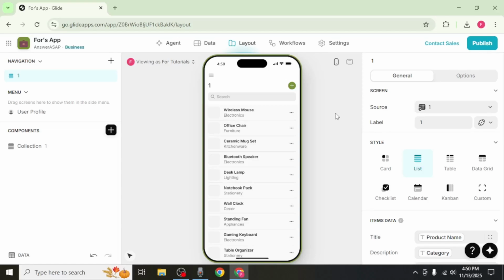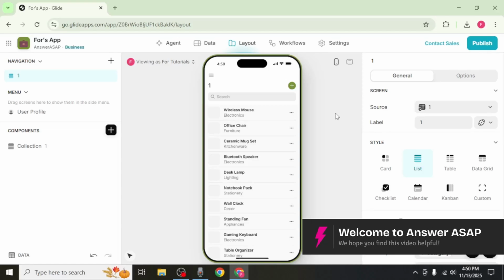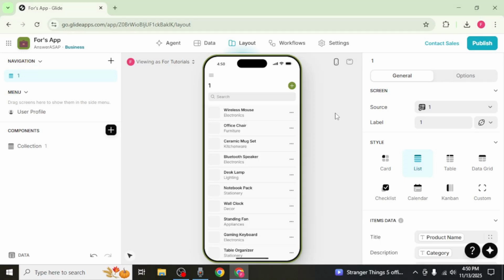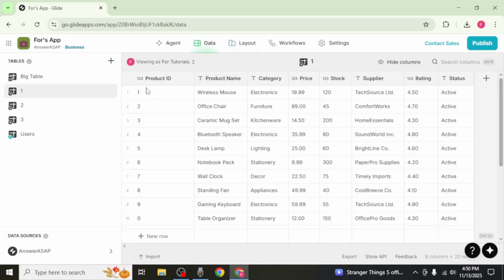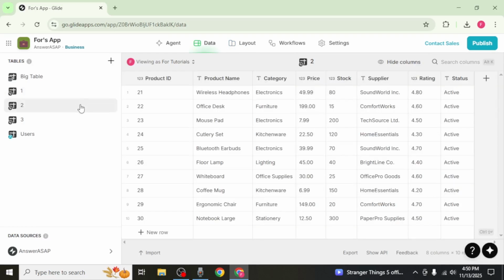In this video, I'm going to show you how to move data into a big table in Glide. For this, first of all, head over to your Glide app. Once you are here, go into the Data tab. Right now, as you can see here, I have different tables with different data, which I want to move to